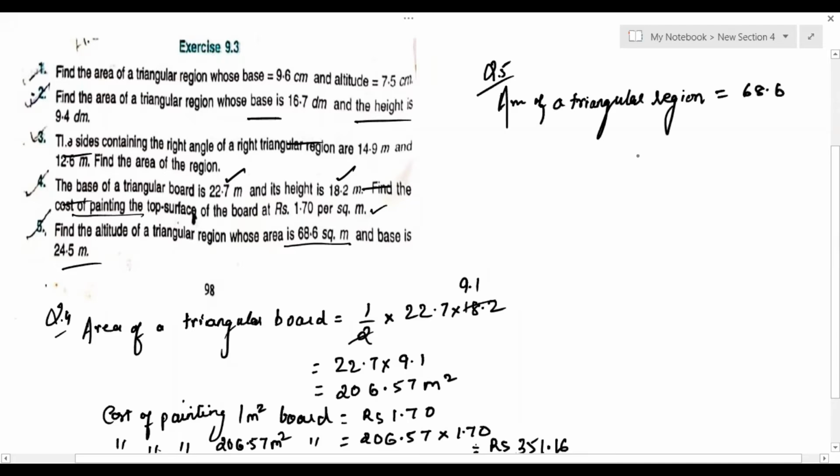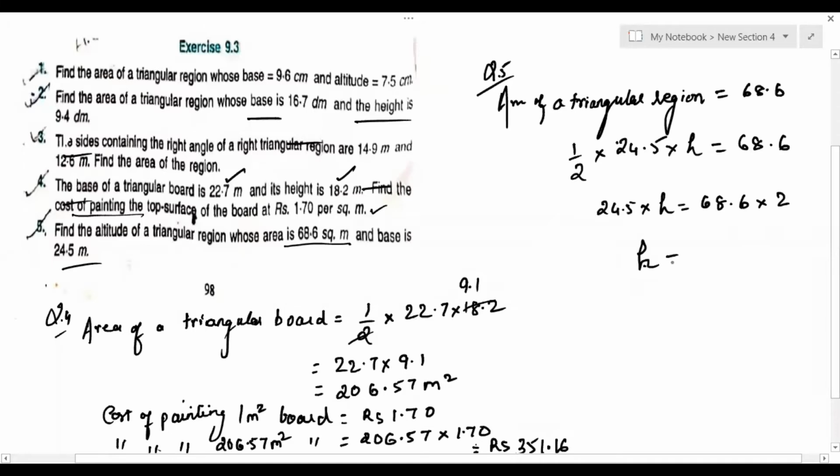And we know the formula, half into base, which is given as 24.5, into height. Height is unknown, which we need to find out. Divided by 2 will go to the other side and it will become into 2. That is double of 68.6. So the height equals double of 68.6, which is 137.2,